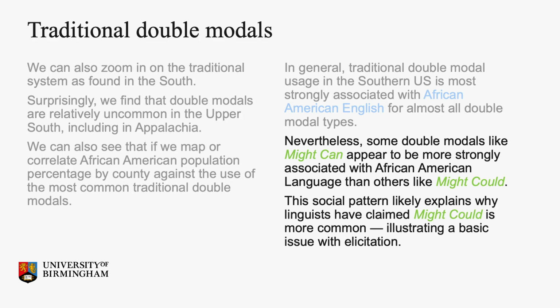Where African Americans live in the US is where double modals are used on Twitter, okay? Strong correlations. And there's variation here too. Maybe unsurprisingly, the double modal that's very strongly associated with African Americans is might can, the one that's not been noticed to exist even, which is the most common, right? So the double modal that's actually most common in American English is the one that is very indicative of African American English. And you can see why linguists doing surveys would miss this,